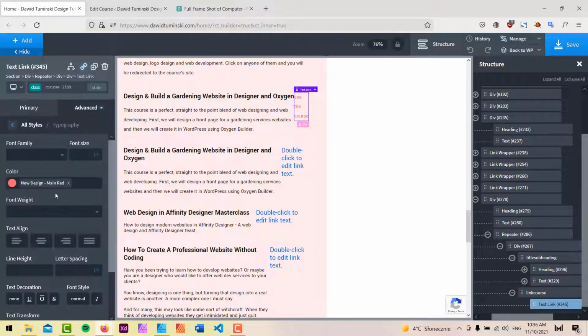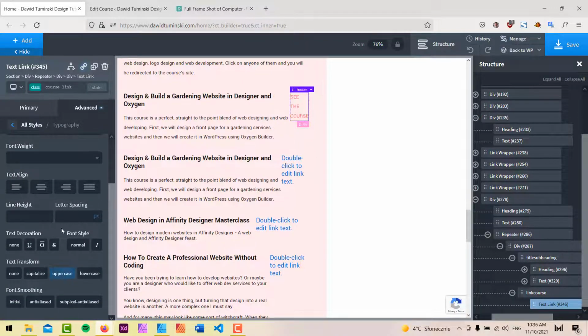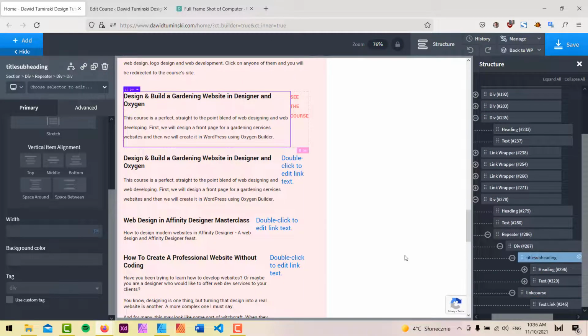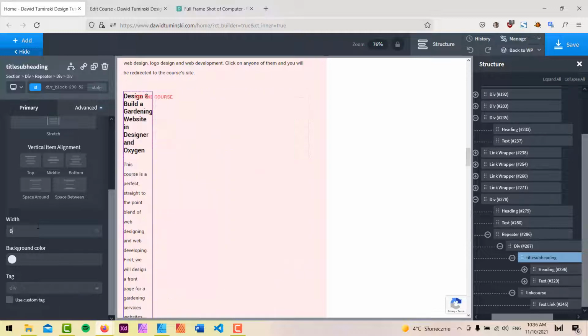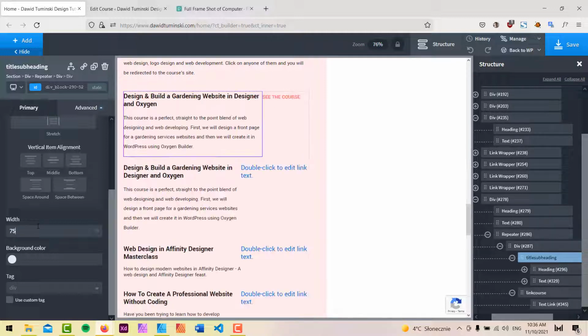I'm gonna go to typography, and I'm gonna make it uppercase, and let's do a font weight of 600, and this should be enough. But of course, as you can see, I have to fix the size of these divs, so let's do something like maybe 66% for this one, maybe 75. This should be enough. So this one is going to be 25